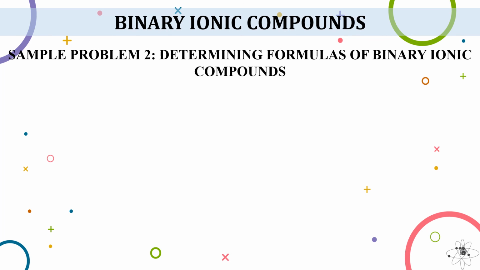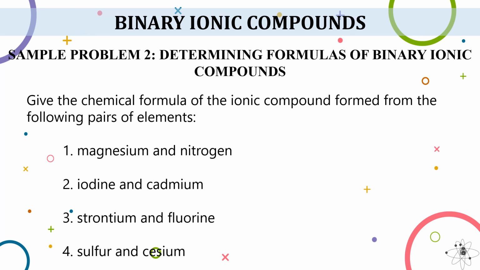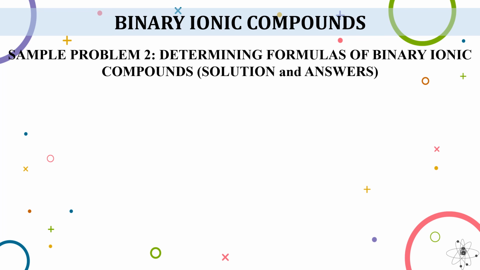Take a look now at the sample problem on determining formulas of binary ionic compounds. Please be reminded that ionic compounds are neutral. We find the smallest number of each